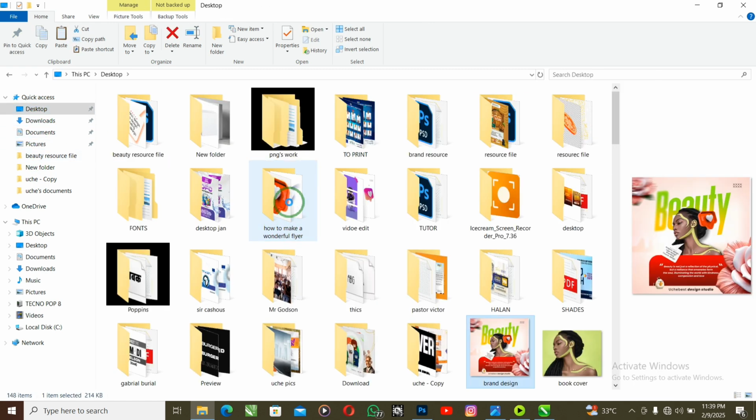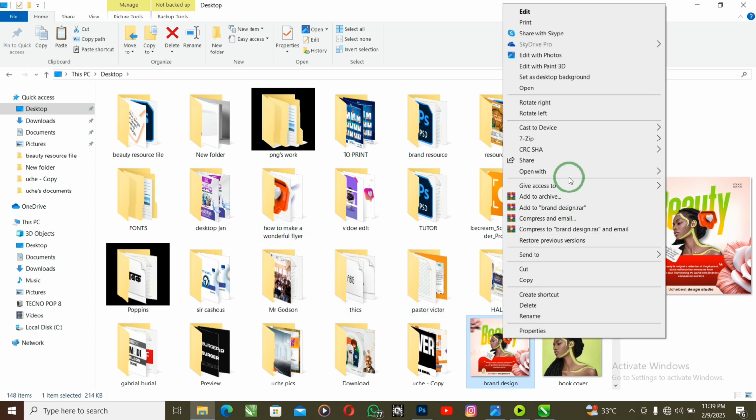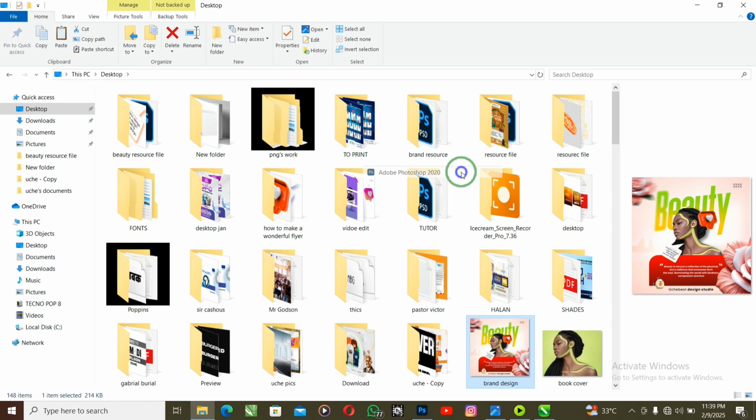Move to desktop, click on the image and open. Click on open with Photoshop. I didn't do the design with Photoshop, but I still want to maintain that high value image, so